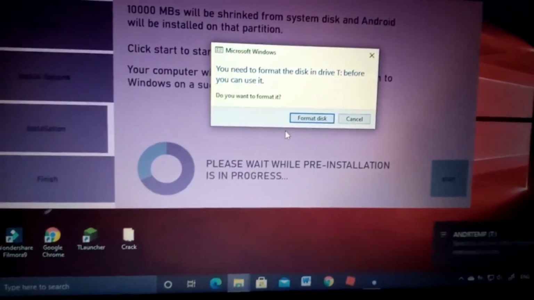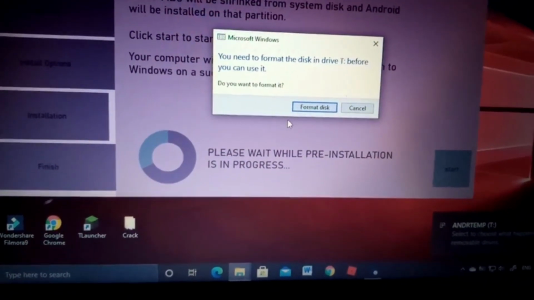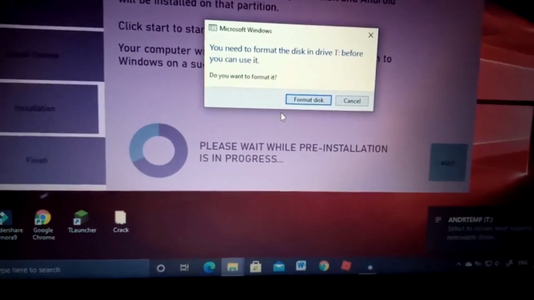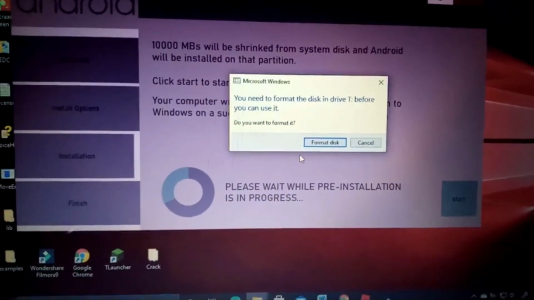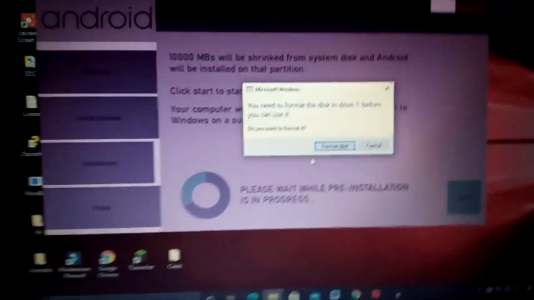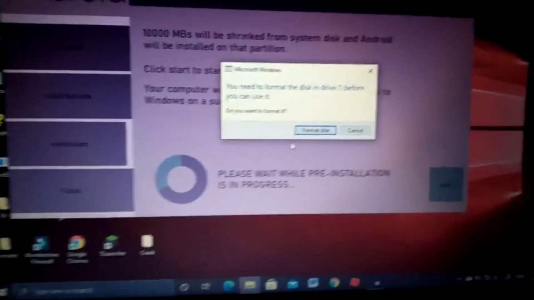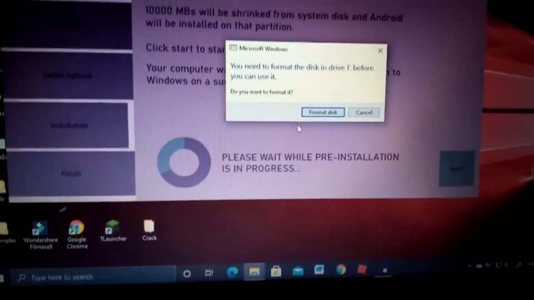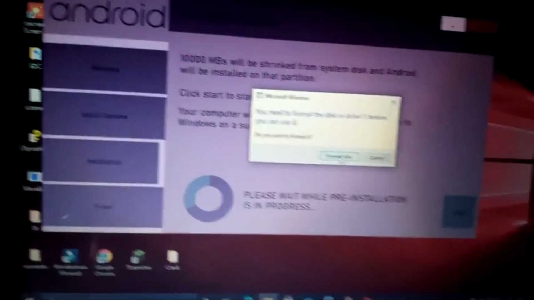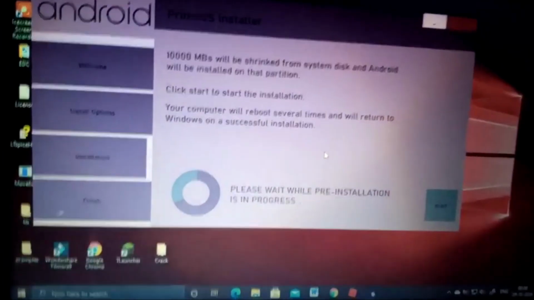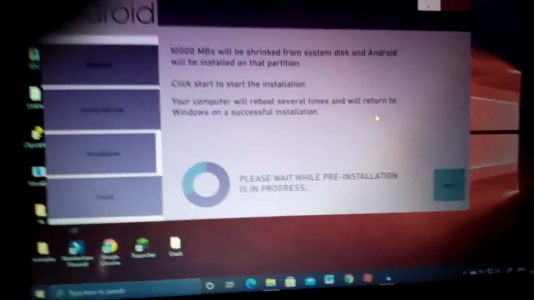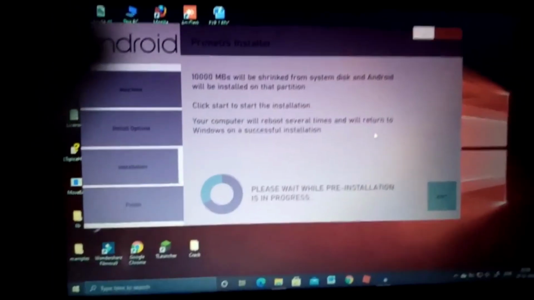Okay guys, now there will be an option format disk. Just don't do anything to that. It's just saying you don't have to touch that disk or anything. Your computer will start restarting. I did that because I did not know about that. That's the reason I did that. But you guys don't have to touch. Let it be like that. It will restart your PC and it will do all the commanding for you. I will show you in the next clip now.